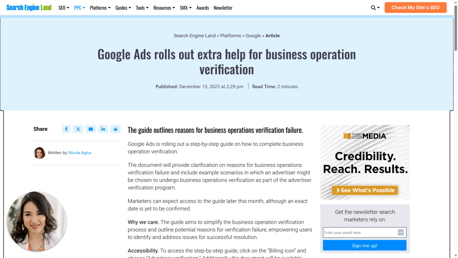You need to provide detailed information. You need to explain your business model in the business operation verification. They're going to ask, are you an authorized reseller? Or are you an affiliate, direct provider? And describe your product or service offerings. Detail your business practices and outline relationships with advertised brands or third parties if you work with third parties like